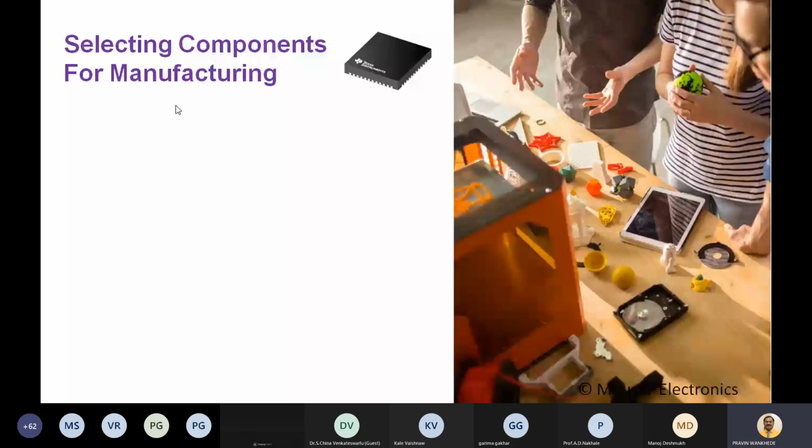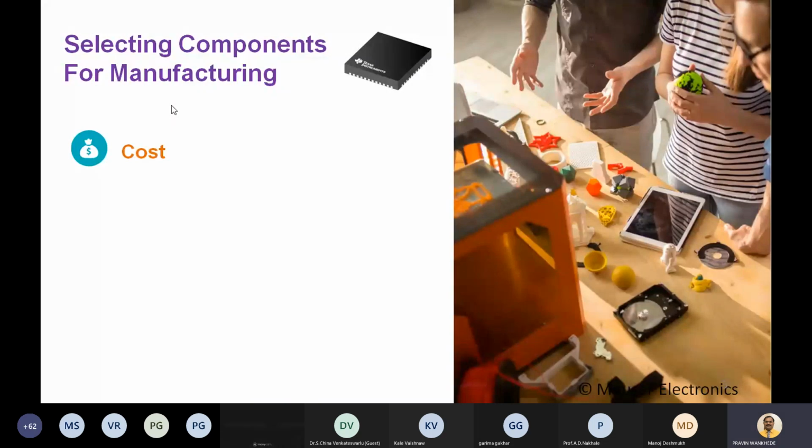Just like the component package, the cost of your component, the quality of your component, the availability of your component, and what certifications your components already have. So all these different criteria we should think about. The component cost is always important, correct? Because that is going to make up the cost of your final product, and this cost is influenced by different factors, such as where the component is available, whether it is available overseas or locally.